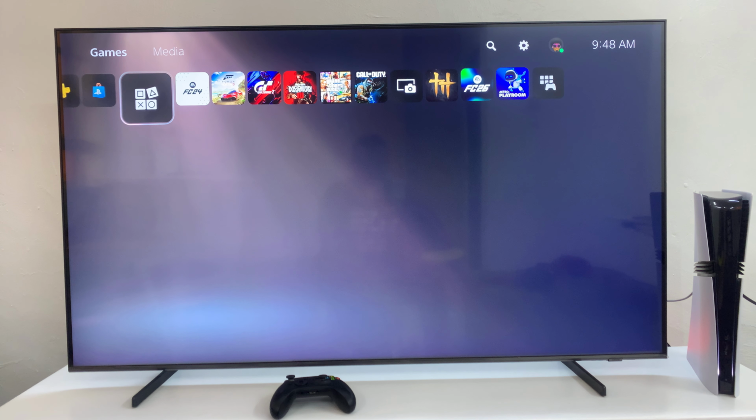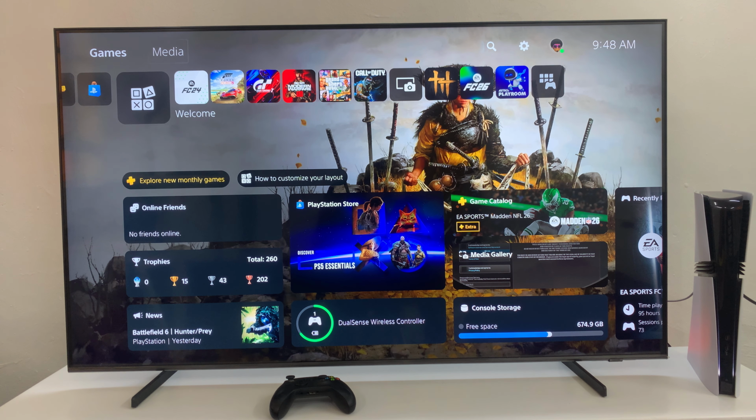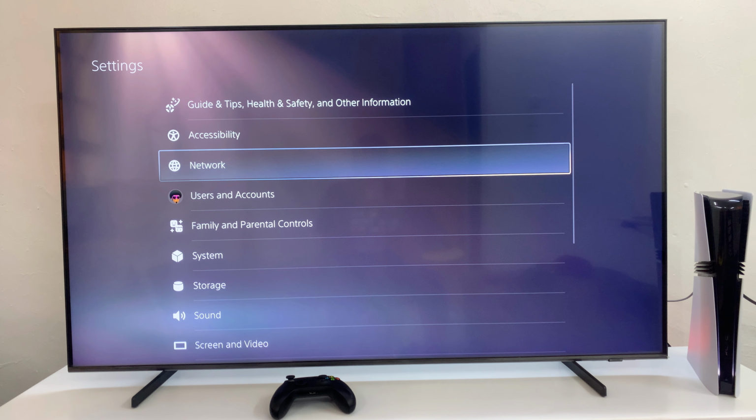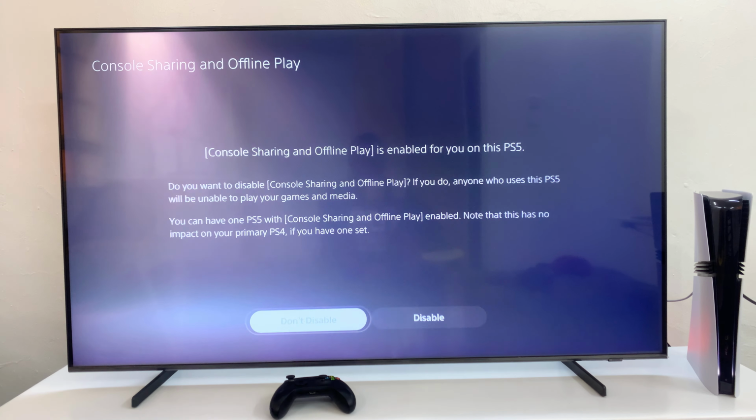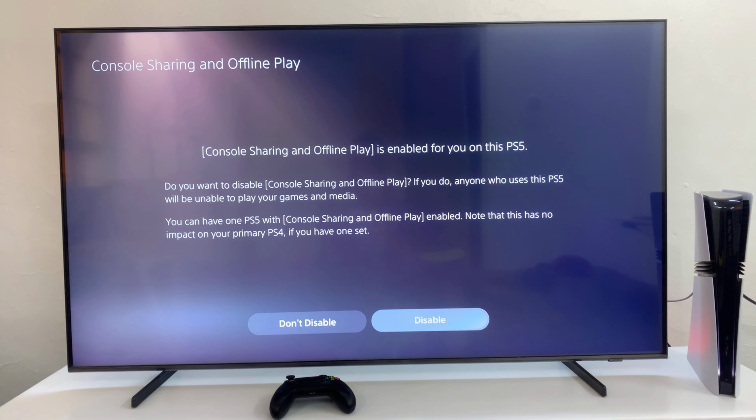Now, once you've done that, access the console settings by selecting the settings wheel icon in the top right corner. And then within the settings, select users and accounts, and then scroll down and select other, and then choose console sharing and offline play, and then ensure that you have enabled this option. So there will be an option set to enable, so select enable, and that should enable the console sharing in